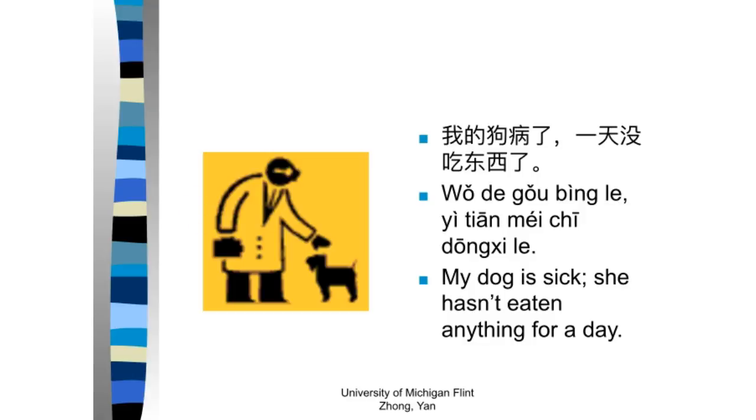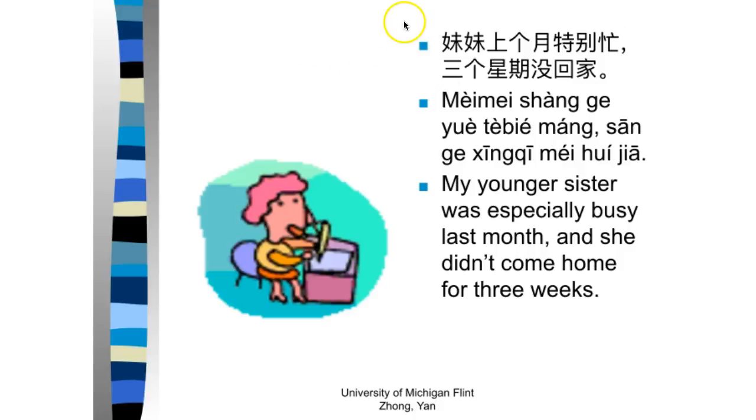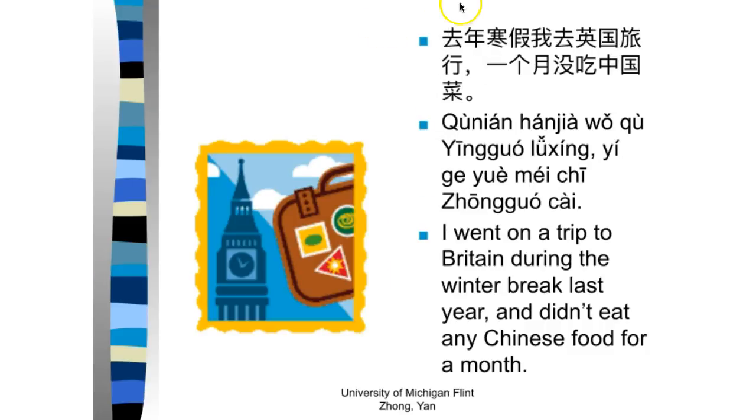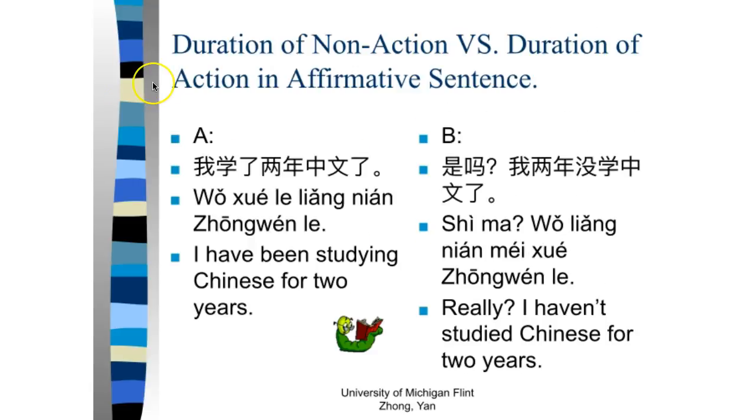She hasn't eaten anything in a day. 姐姐上个月特别忙，3个星期没回家。去年寒假我去英国旅行，1个月没吃中国菜。